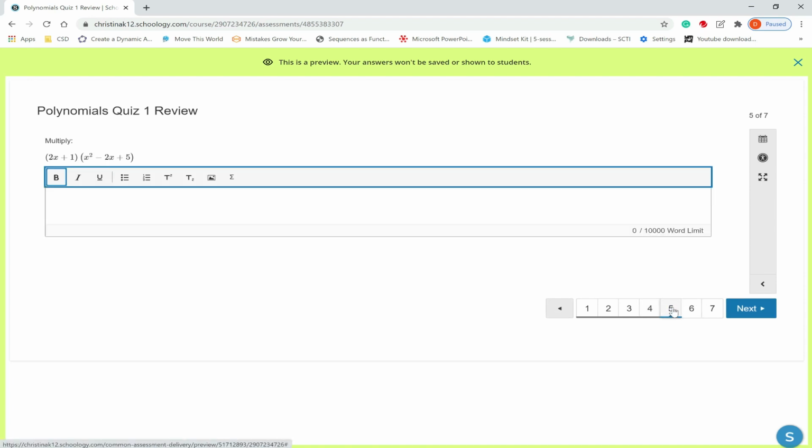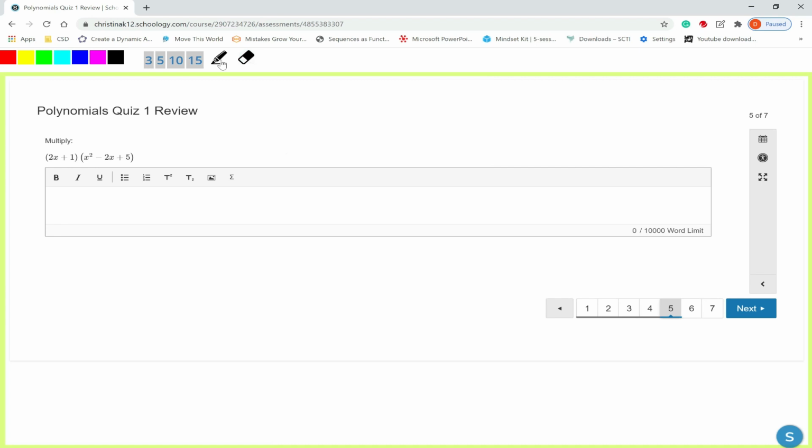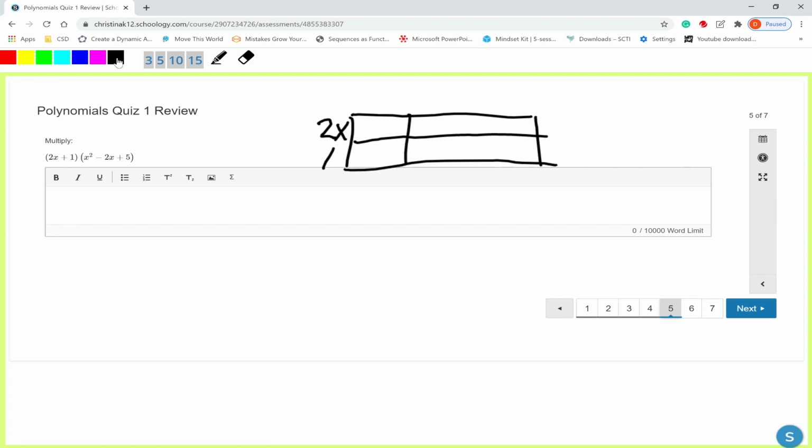Number 5, we'll multiply a slightly more challenging polynomial, 2x plus 1 by x squared minus 2x plus 5. So again, we're going to set up our box. So this time we're going to put on the side 2x plus 1, and we're going to make 3 other boxes. 1, 2, 3. So we'll put x squared minus 2x